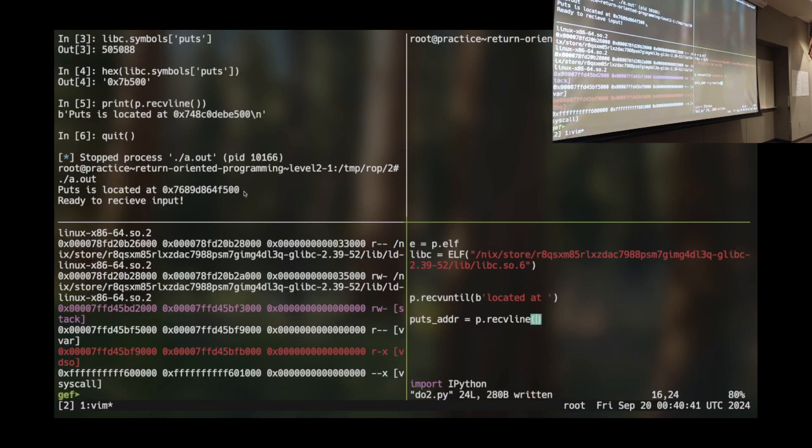Okay. Now, in the interest of time, what is the type of this right now? If I call puts receive line, it's a byte string. A byte string, a functional equivalent string, but yeah, byte string is the most technically correct answer. What do I want if I want to do math off of this number? I want a number, right? It turns out it's really hard to add and subtract strings. Maybe Python will do it, but I have no idea what will happen. So I need to turn this into a number.